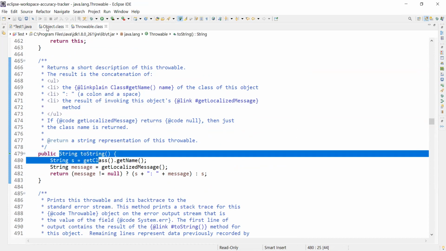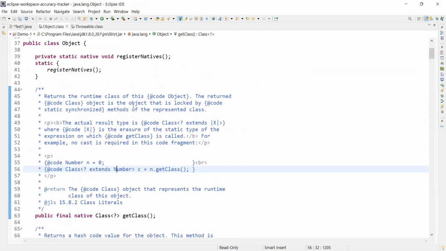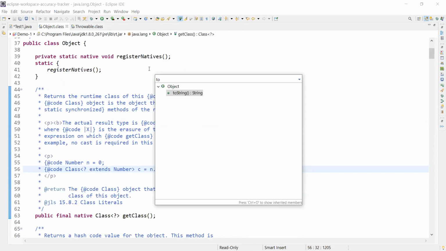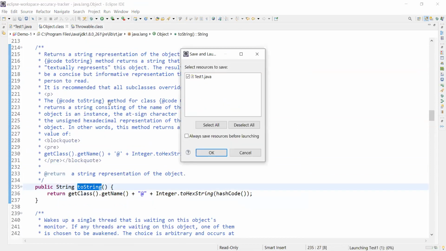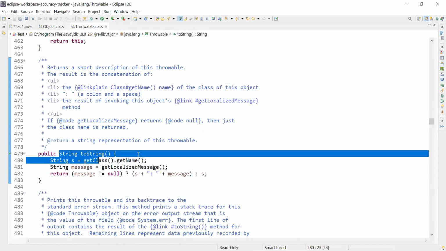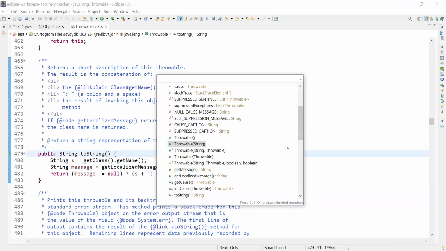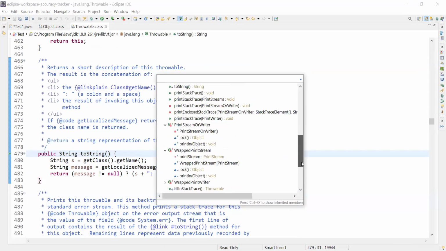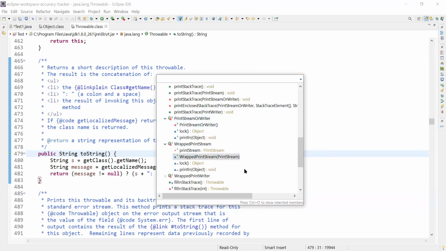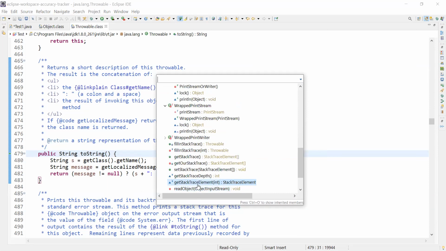It was there in the Object class, if you go back and see, so toString was there in the Object class. What they are doing is overriding it in the Throwable class. And there are a number of methods available, like you can see here, fillInStackTrace, getStackTraceElement, getStackTraceDepth, right?